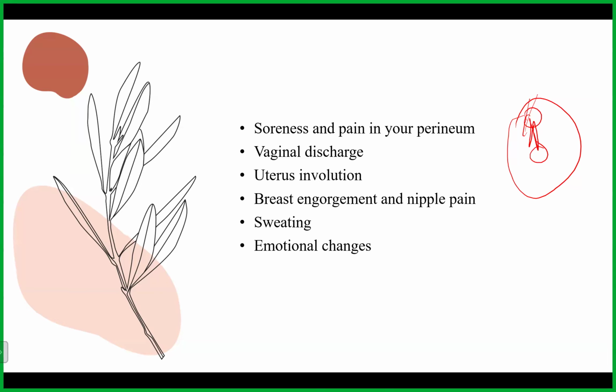Next is uterus involution. Uterus involution is basically the shrinking back of the uterus. To carry your fetus inside your body, the uterus had expanded. The uterus can't stay in that position; it has to shrink back. This entire process can take up to 6 to 7 weeks. It will start immediately after the baby is born. It's not like it will only start after 1 month. No, it starts immediately. Along with that, after giving birth, they will find cramps happening. Like how we feel period cramps, they'll feel these cramps of uterus involution.